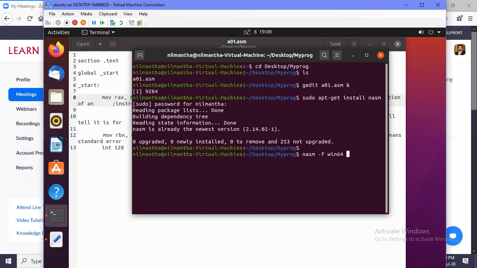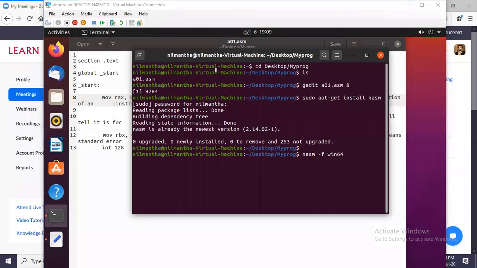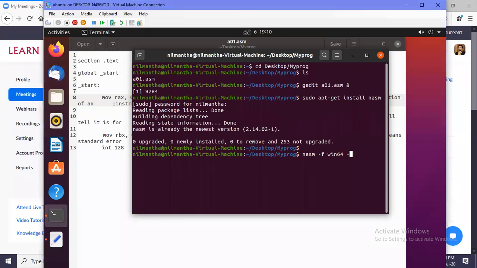Then from this assembly code, first we are going to create something known as an object file. An object file is the machine language instruction, but the non-executable version of machine language instruction. That means the machine can understand it, but still it cannot execute it. That object file is identified by the symbol -o.